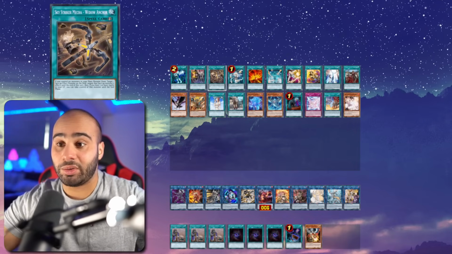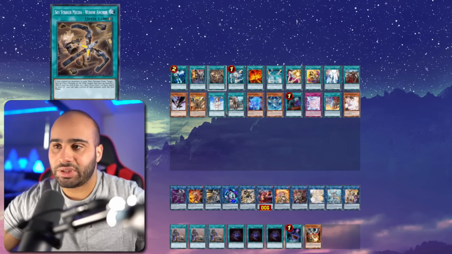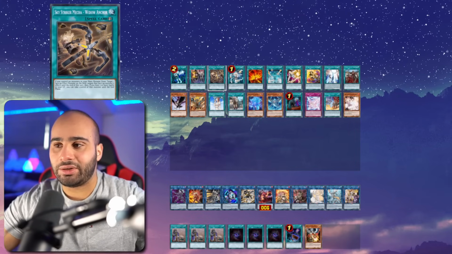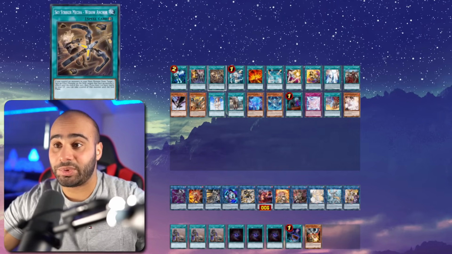Being able to also steal a monster is relevant. It might happen a little less often, but when it does happen, it's basically like another Change of Heart and stuff like that, which I think is kind of insane. Again, in a format where people might go Appaloosa, being able to just shut down that Appaloosa completely with Engage